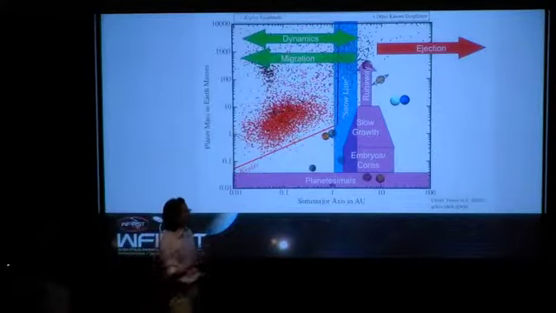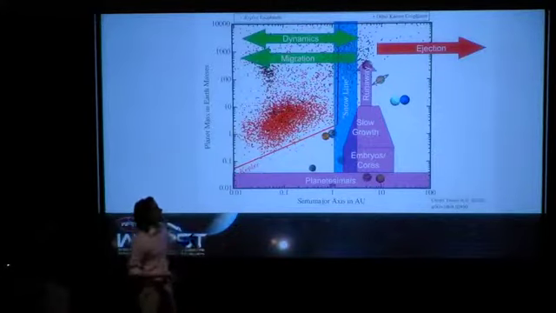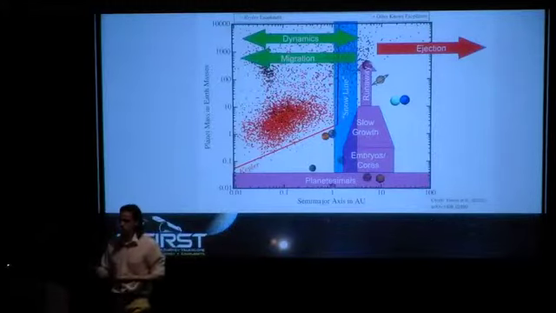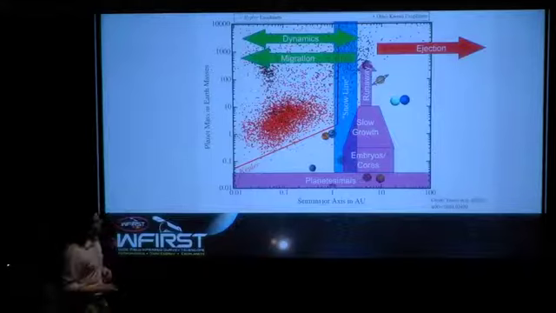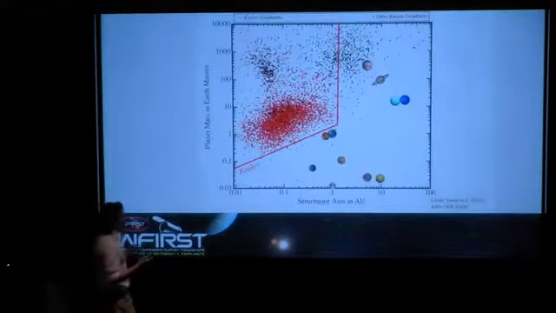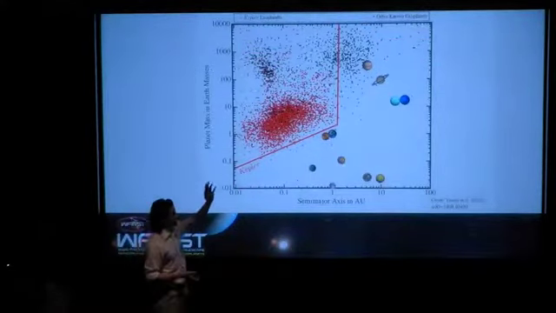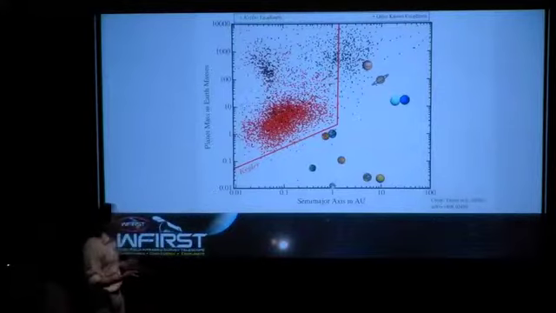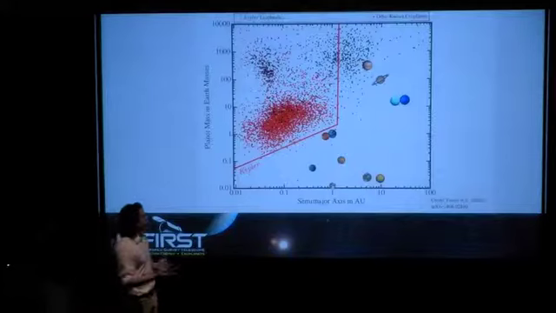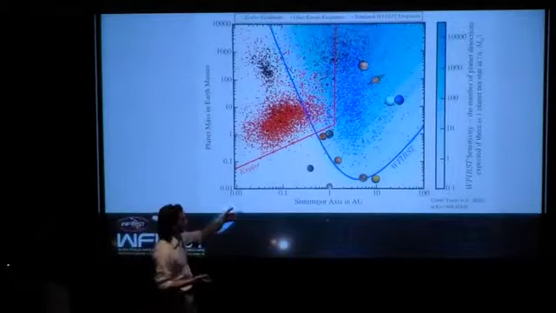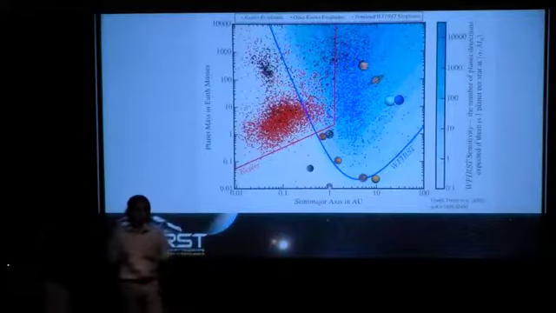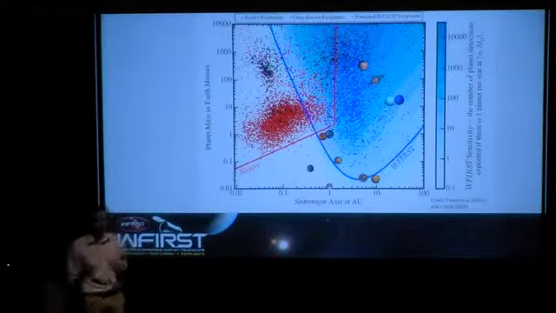Planet formation might also be a very dynamically violent process, in that planets migrate and also could be ejected, and this could be a possible source of free-floating planets. Now, microlensing is probably the best way to detect planets in this region, and also isolated low-mass lenses, such as free-floating planets, and that's exactly what WFIRST is going to do. So here in this plot from Penny et al. 2018, the blue points represent a simulated yield of planets that WFIRST would be able to detect.